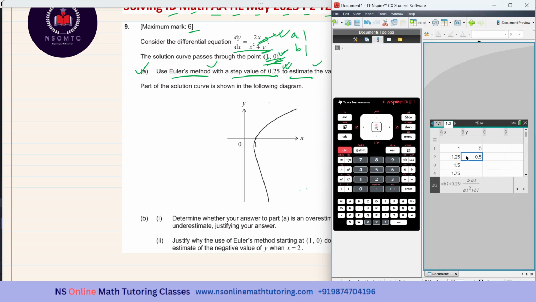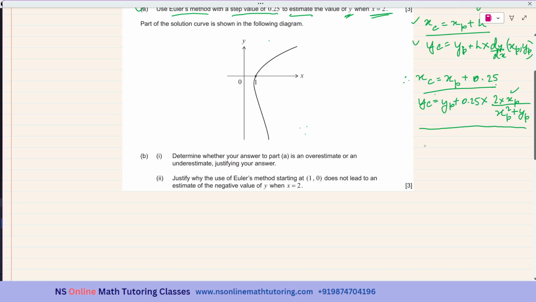And now I'll be highlighting this, and this plus sign appears. So I'll be dragging this down. See, x equal to 2 gives the estimated value of y as 1.26, correct to 3 significant figures. Because it is carrying 3 marks, it is better to give all the values. So let me just